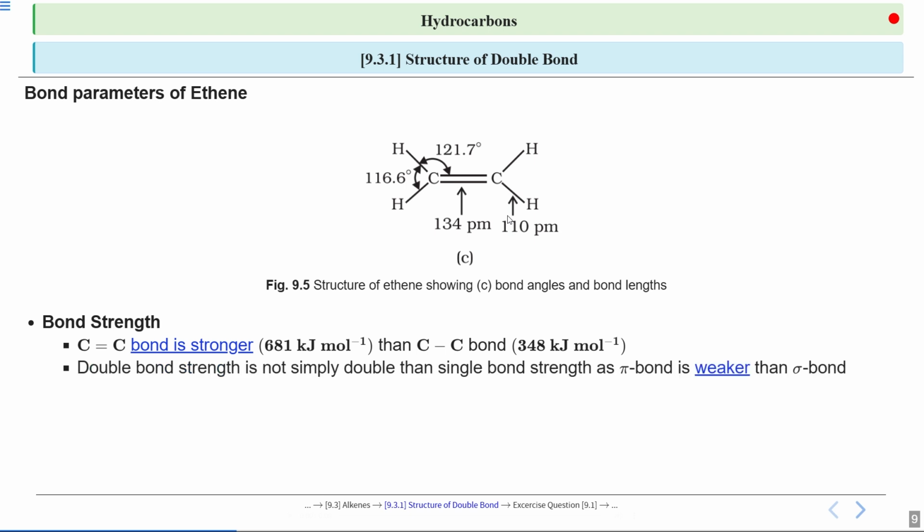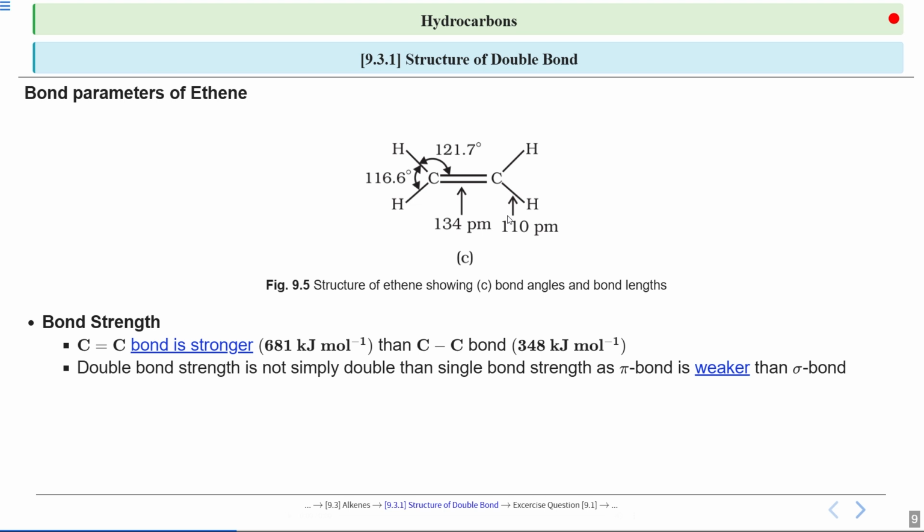It is important to note that the double bond strength isn't simply double that of the single bond. This is because the pi bond, which is a part of the double bond, is weaker than the sigma bond. This distinction is key to understanding why double bonds are more reactive. So think of it this way: although C=C is overall stronger than the C-C single bond,